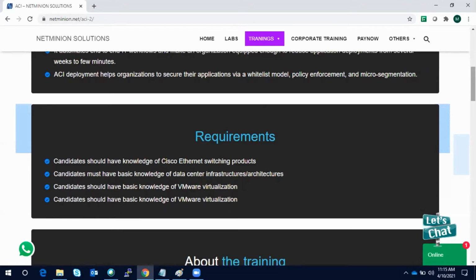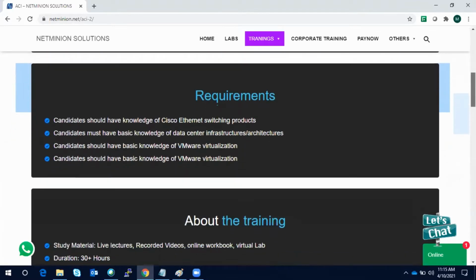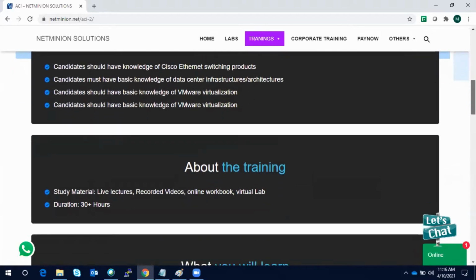If you are a bit familiar with virtualization, that will help in one of the chapters where we will talk about the integration of the APIC with VMware. And the data center architecture, obviously, if you are aware of it, it helps you. But if you are not, no problem, you can call me, I will explain that topic in more detail.